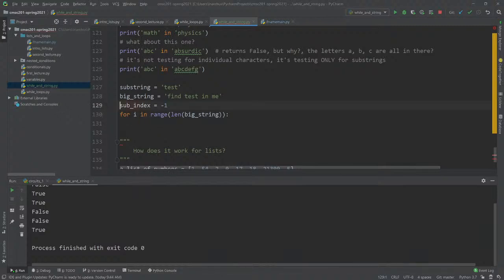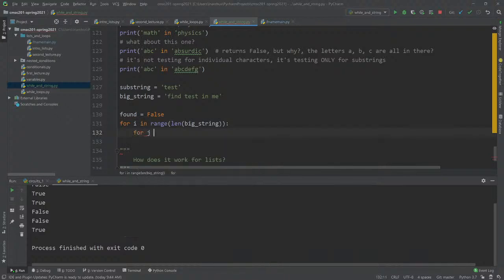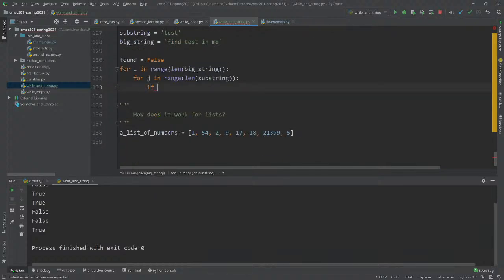Actually, what it's really doing is something more like this. It's saying found equals false, and then we're going to do for j in range len substring, and thanks for fixing my spelling, PyCharm, if big string I plus j is equal to substring j,